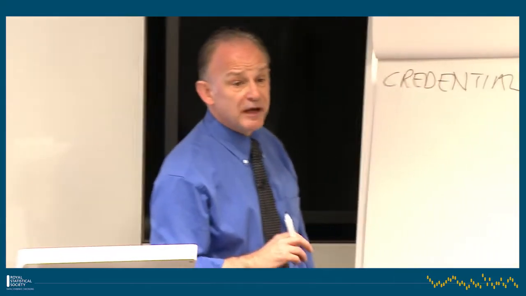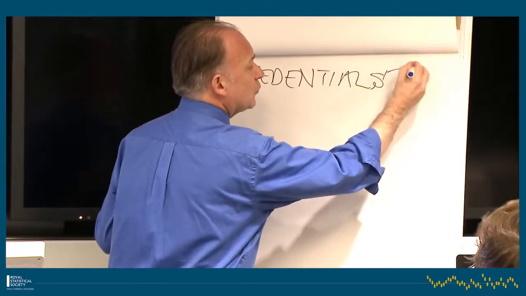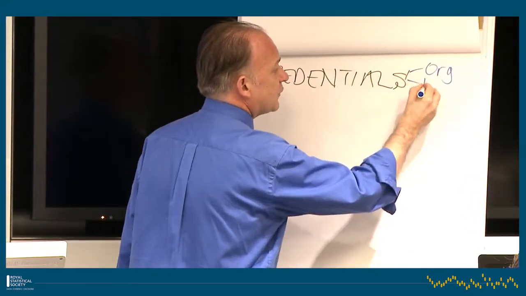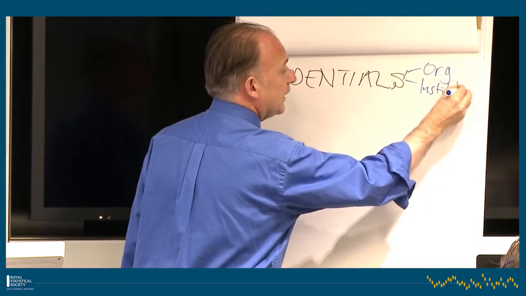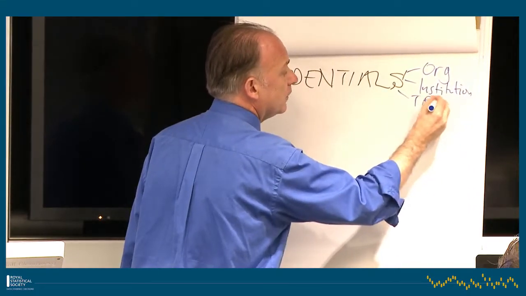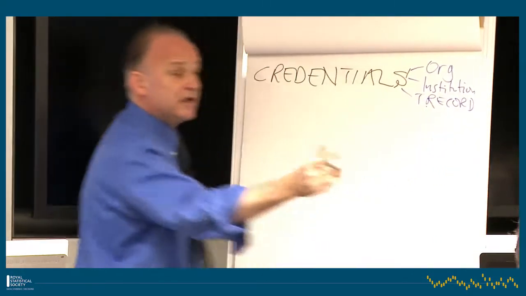Exactly. So what you can do is type that person's name into one of the search engines I'll be talking about later to find out if this person's got a track record. And if they have, what do their results tend to show? Because you will find that some scientists tend to be outliers who have a view on certain very controversial issues. And we need to know where this person fits into it. So it's not just the organisation, it's not just the institution, it's also their track record. Very good.